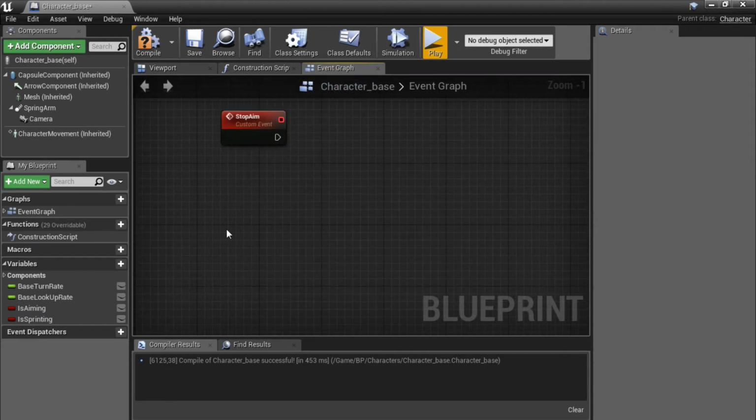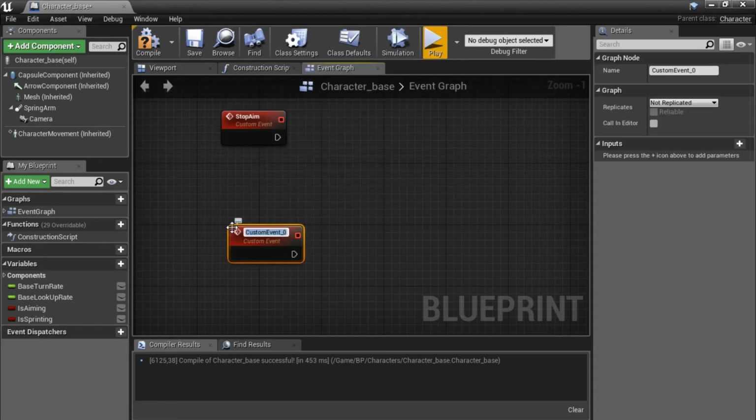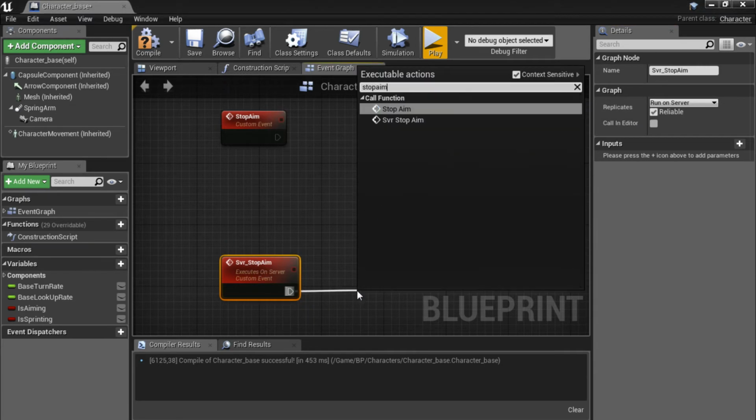And we're going to create a second custom event, and we're going to call it server stop aim, like so. The server stop aim is going to be replicated to run on server. It's a reliable event, so we click reliable, and from our server stop aim we're going to call the normal stop aim event,